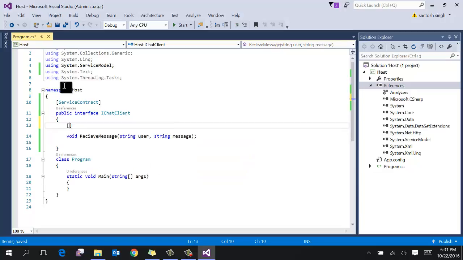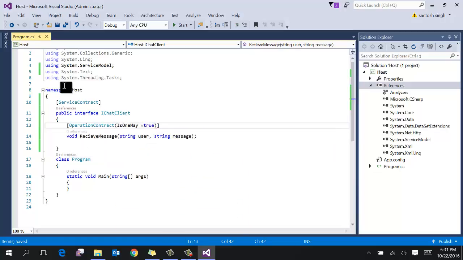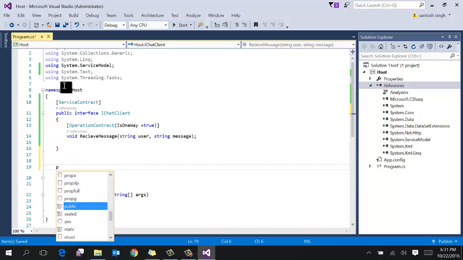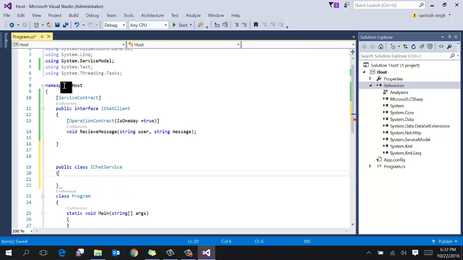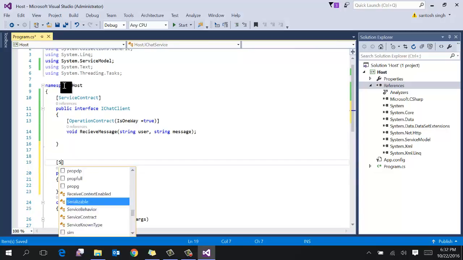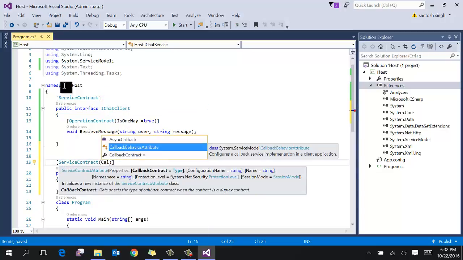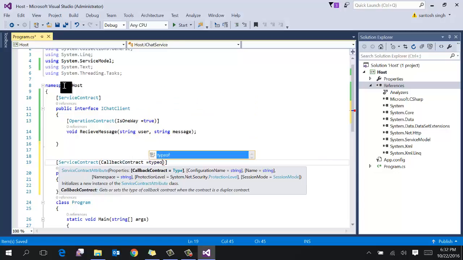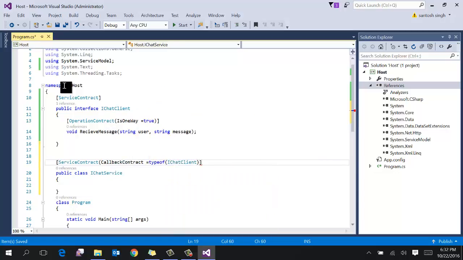Add attribute OperationContract with IsOneWay flag true. Create the second interface and add attribute ServiceContract and pass the CallbackContract equal to IChatClient.